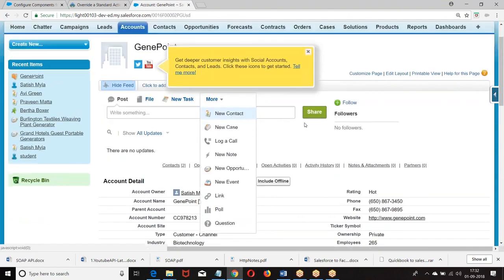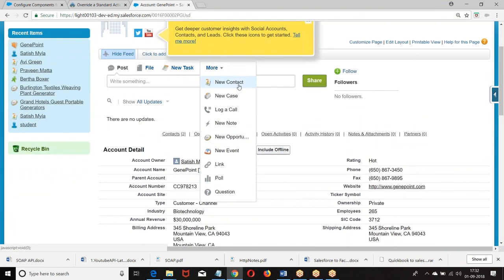Quick action. Generally on the page, if I want to create a contact, what should I do? Go to contact and click on the contact. Then I'll get it. But if it is a global action, this can be added anywhere on the pages. On any page we can add, on any object we can add. This is not related to a specific object. These actions can be added anywhere on any one of the pages or any one of the objects. They are global. That's why they are called global actions.